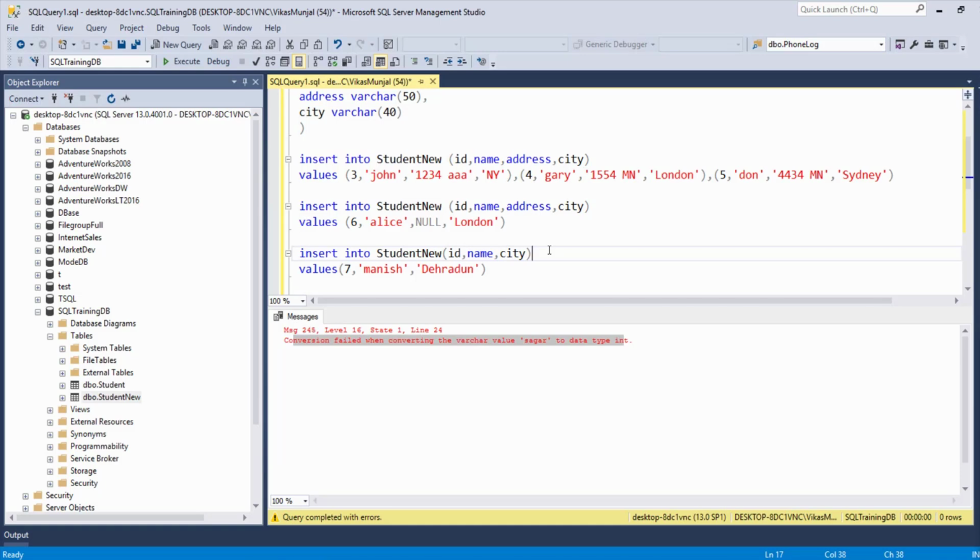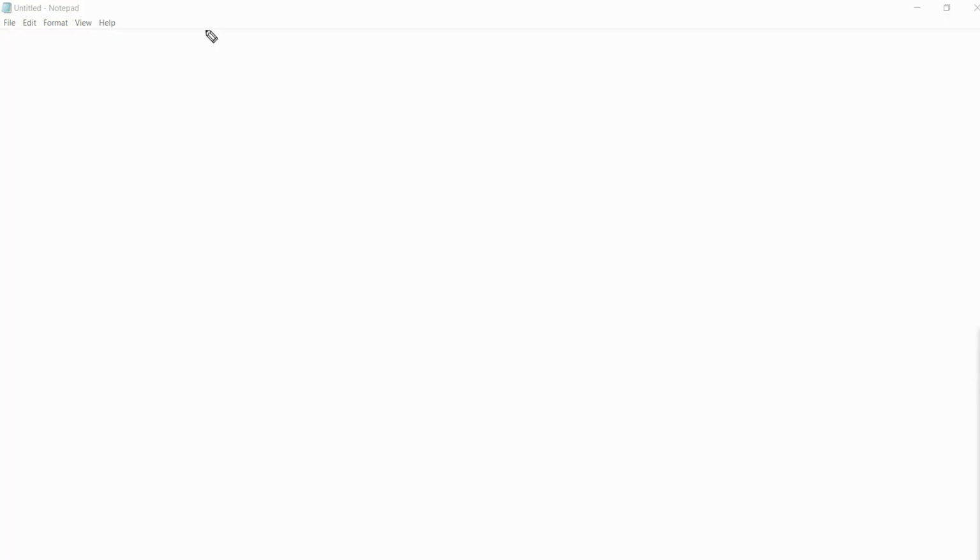Now I will explain what is meant by primary key and what is meant by foreign key. First I will explain what a primary key is. So let's suppose I have a table called student table